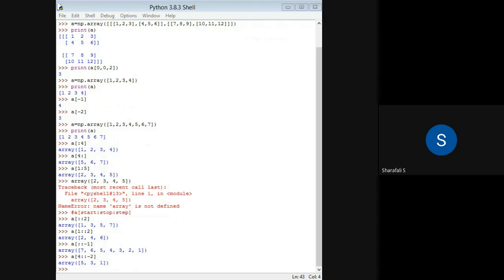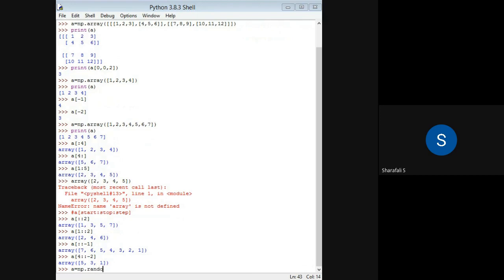This is just the case of a one-dimensional array. If you have a multi-dimensional array, what will we do? For example, I will create one, A equal to, let's say, some two-dimensional array. In this case, I will use some random numbers so that you will understand how we can use random numbers to generate these arrays.